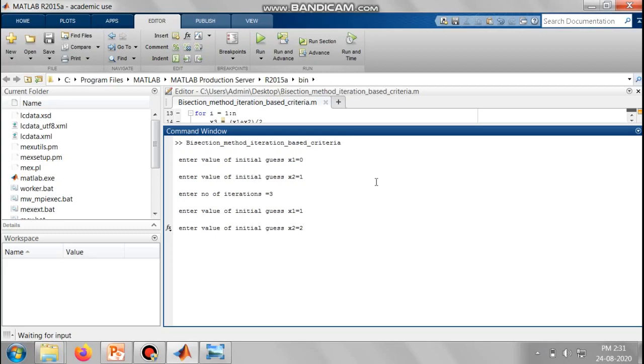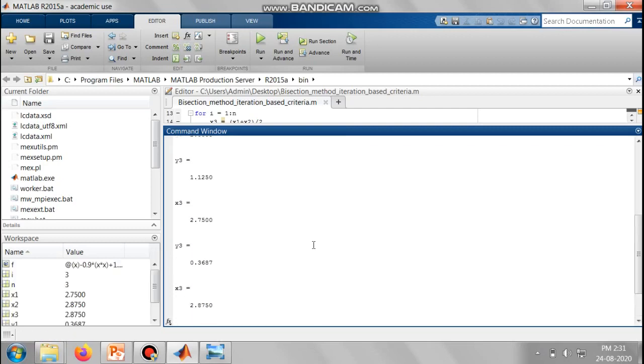Now at this point it will not ask the number of iterations because it has already been specified. See, again it is asking the new value of x1. So that means here also, in the interval 1 and 2, there is no root. So we have to enter the new values as 2 and 3. And now if you see, the answer is printed: the root of the equation is